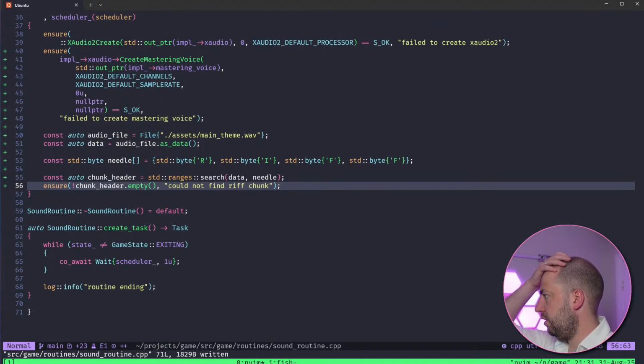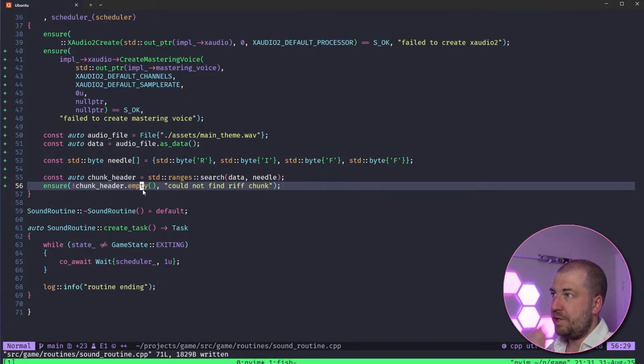Okay, so after I've found the chunk, let's read the data from a chunk. So then I need to read the next 4 bytes after that for the size, and then read that many bytes, I believe.